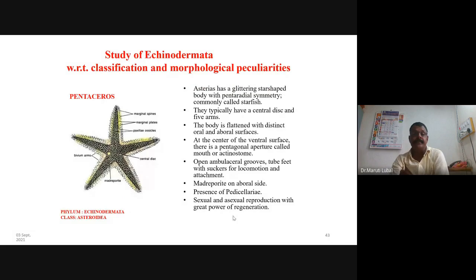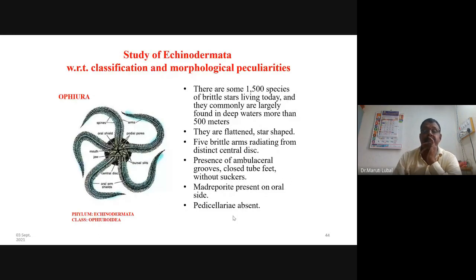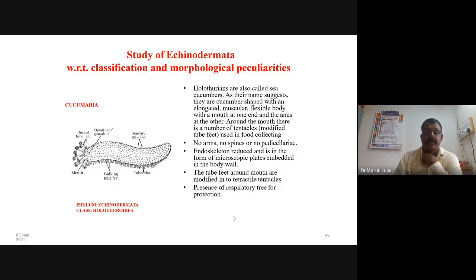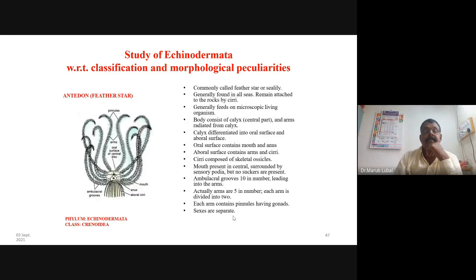First is starfish. We are well known about this starfish. Second is the Ophiura. It is also called as brittle star. This is Echinus from the phylum Echinodermata. This is Cucumaria. This is Holothuria. This is feather star,